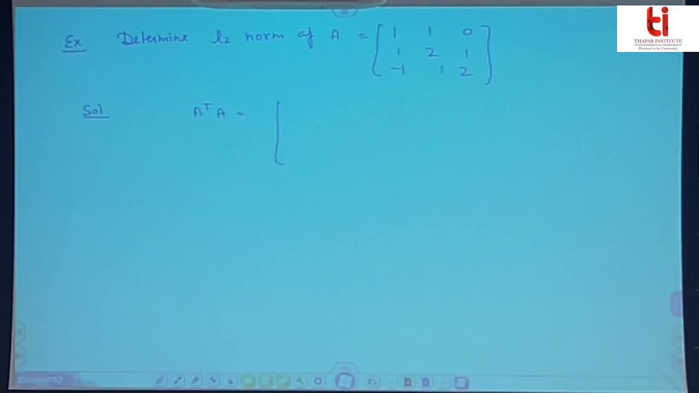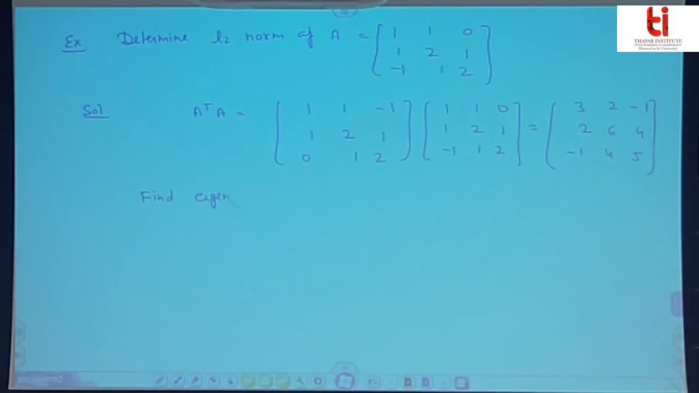A transpose is what? 1, 1, -1, 1, 2, 1, 0, 1. A is 1, 1, 0, 1, 2, 1, -1, 1, 2. A transpose A is coming out to be 3, 2, -1, 2, 6, 4, -1, 4, 5. So find